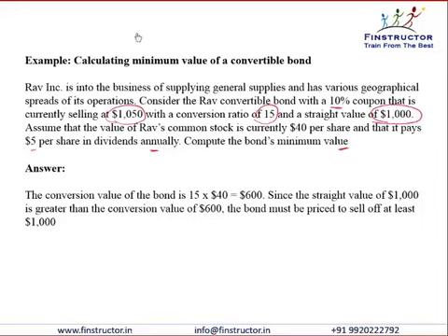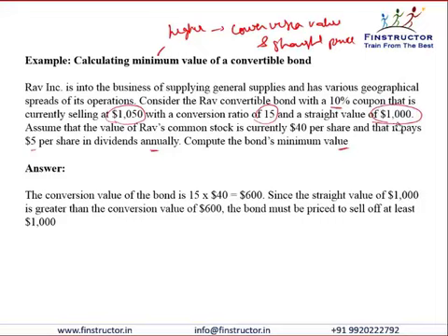Remember, the minimum value is always the higher of the conversion value and the straight price. The value cannot be below the straight price. No. Even if I ignore the equity option, I can still sell it for the price of a straight bond. So it can never be lower than the straight price, but it can be higher than the straight price, especially if the conversion value is higher. So